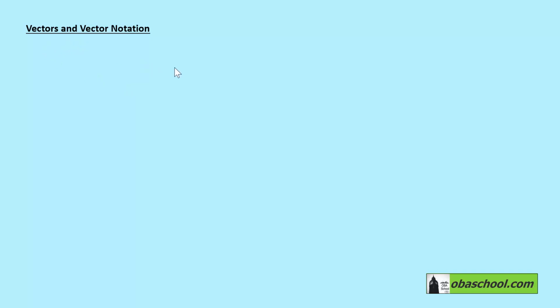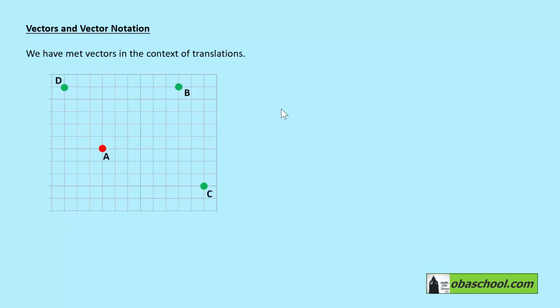Vectors and vector notation. We have met vectors in the context of translations. So here we have a point A, which we can see in red, and three other points, B, C, and D. To go from A to B, we could go 6 units to the right and 5 units up. And we write that as 6 units right, 5 units up, or we can use vector notation and write it